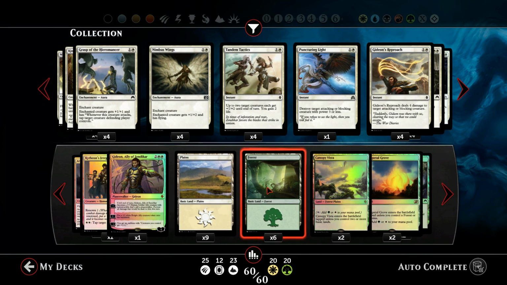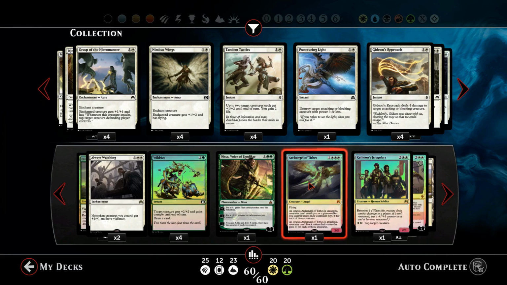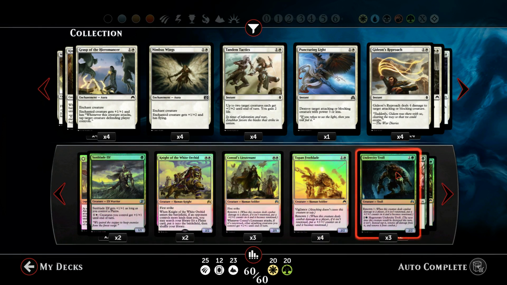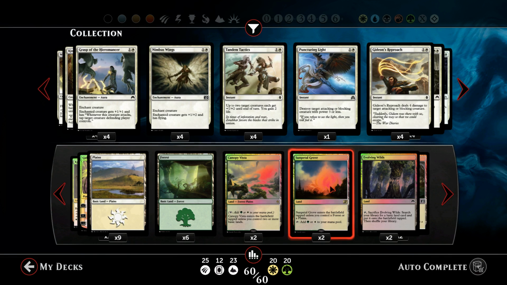And the mana base is pretty simple. I'm heavier on the Plains because I have a lot of double white cards and even triple white cards, and especially because I have 5 double white cards on turn 2. And the rest just, I only played two